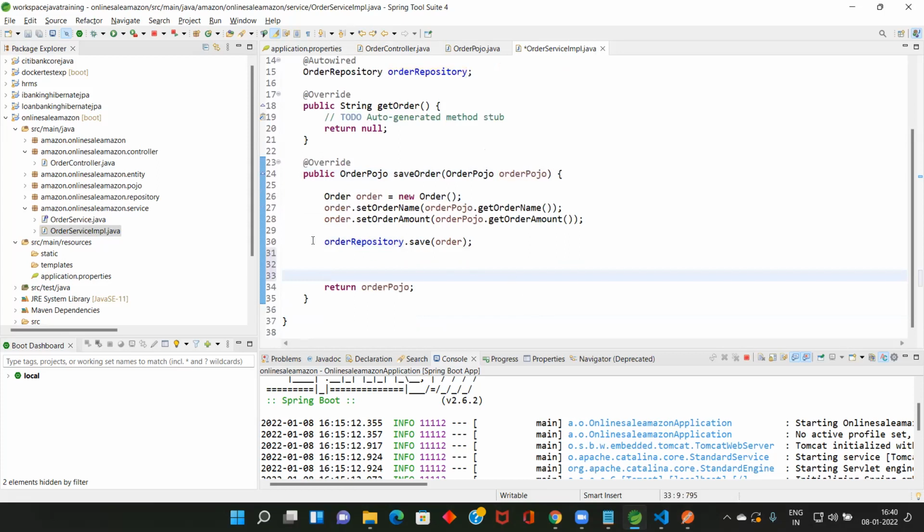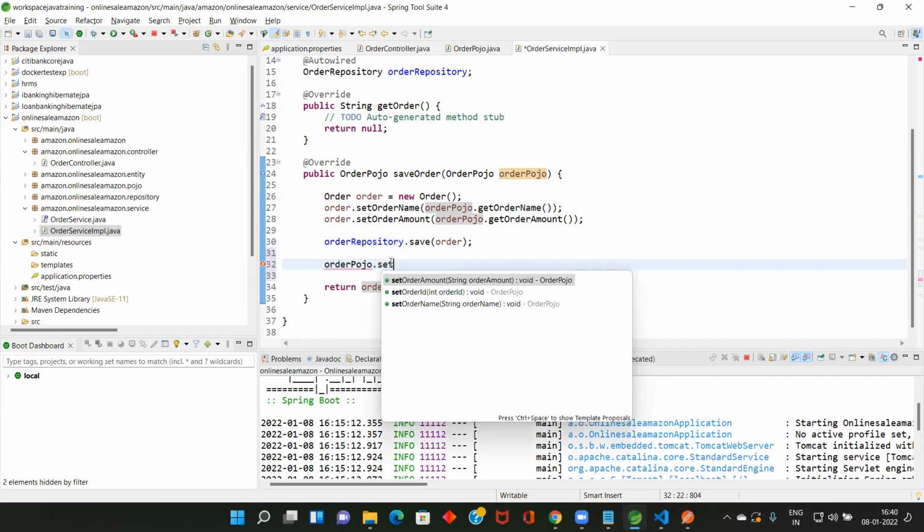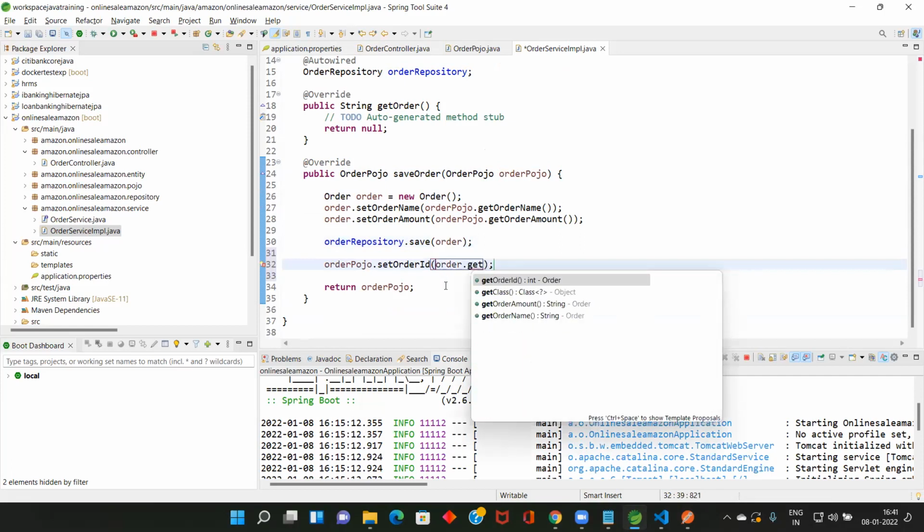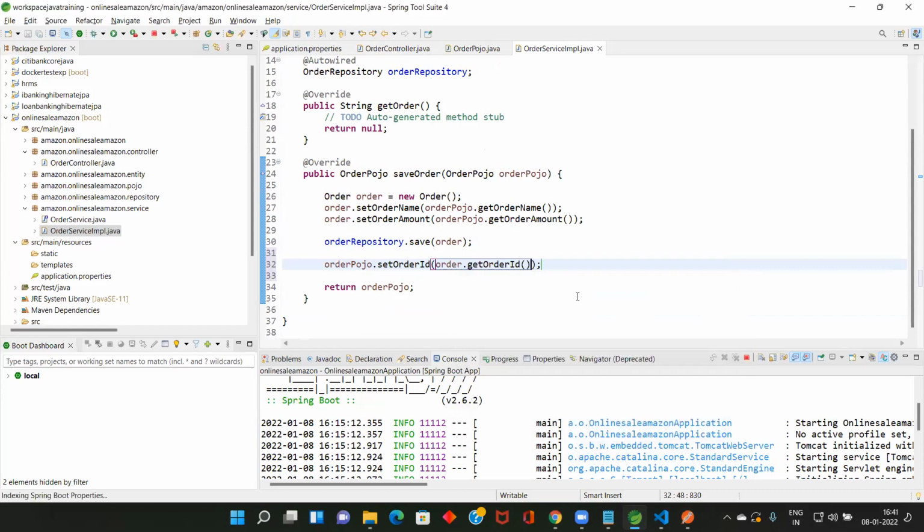After that, what I should do: on this order Pojo, Control C, dot set. I want to set the ID that is created by our Hibernate JPA: order dot get ID. Okay.